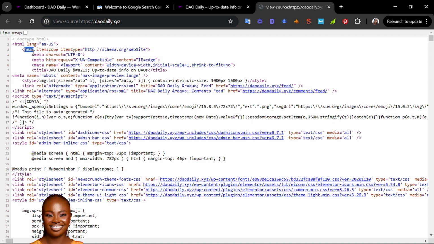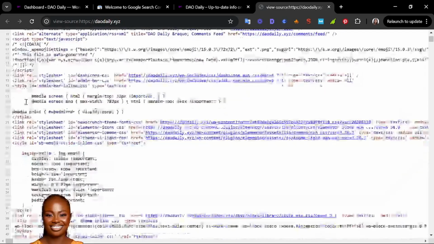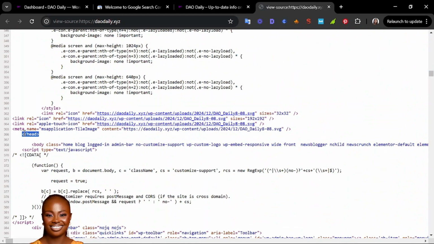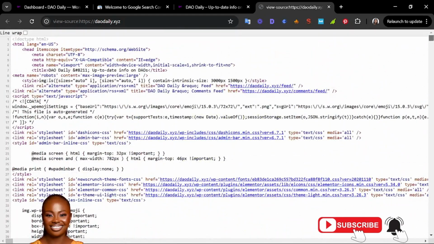Between there and, and this is the end of the head. So that's where the head starts, and this is where the head ends. So on a HTML code, we have the language declaration, the head, and in between the head, you can have your script, then the body, and that's just about it. So I'm not here to explain this, but I want you to know that you need to